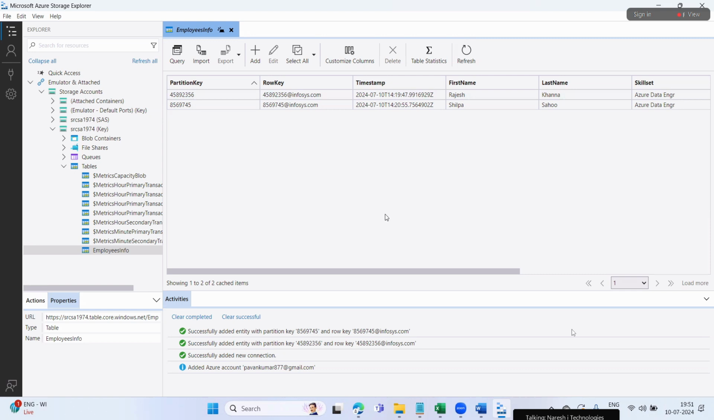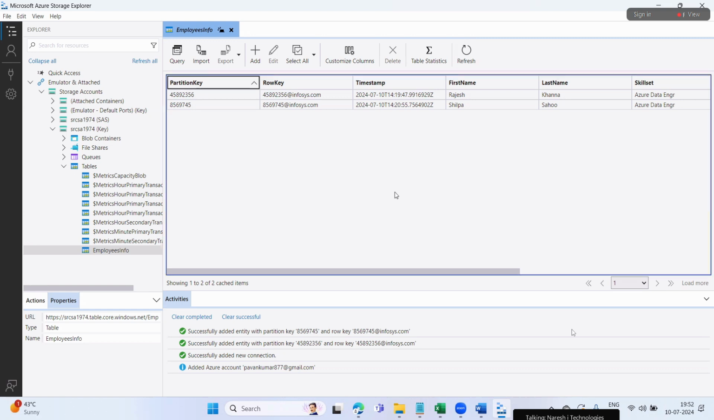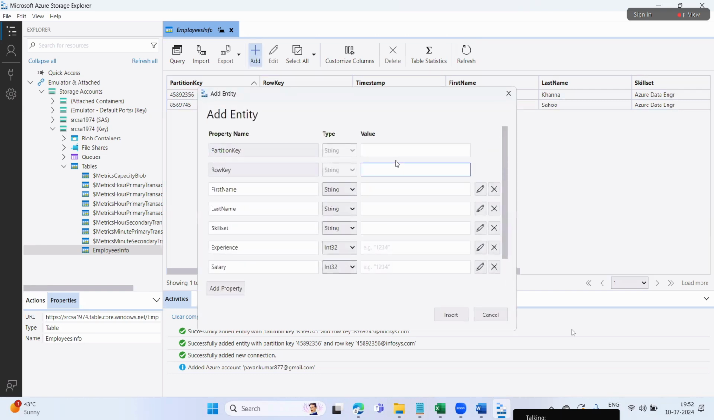Then I'll show you directly how we can import the data from our file, from our local laptop to cloud computing. That also I'll show you. I'll just insert a few more records. Okay, I'll say here,